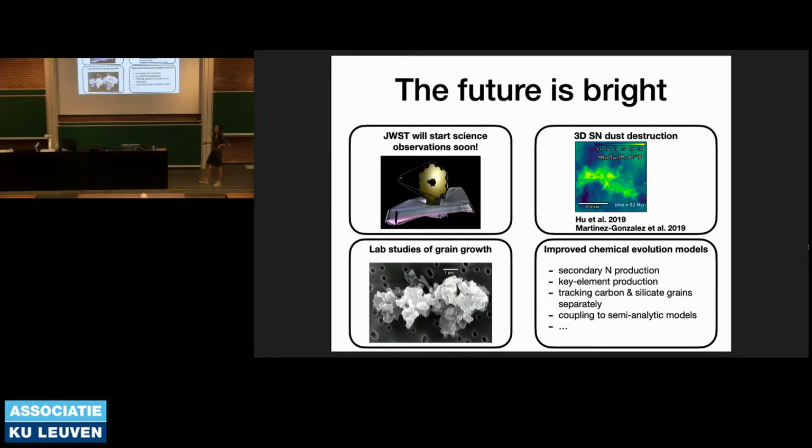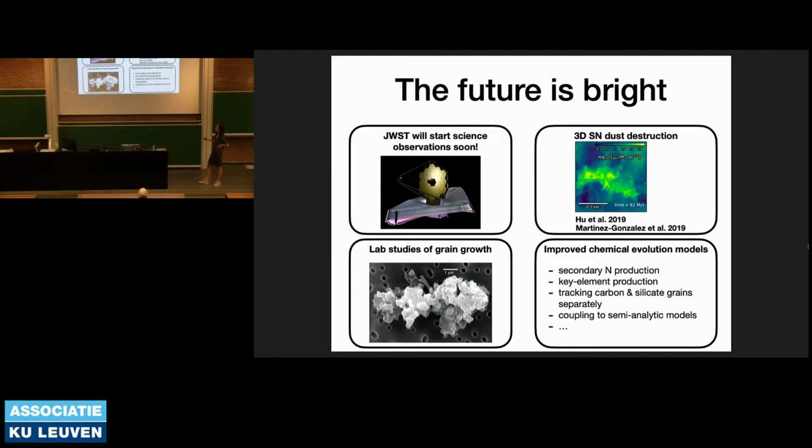We'll soon get the first observations from James Webb. James Webb is gonna look at supernova 1987A, at Cassiopeia A, gonna be able to really resolve clumps of dust in Cassiopeia A, so get constraints on typical clump sizes, density contrast, so we can really refine our models to try to see, okay, what is now the dust destruction efficiency that we expect.